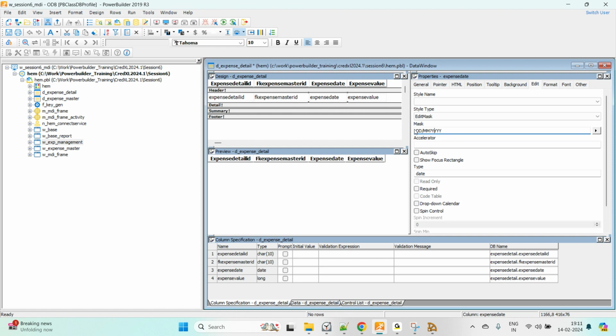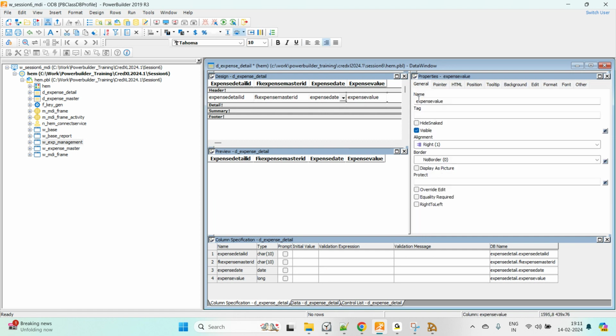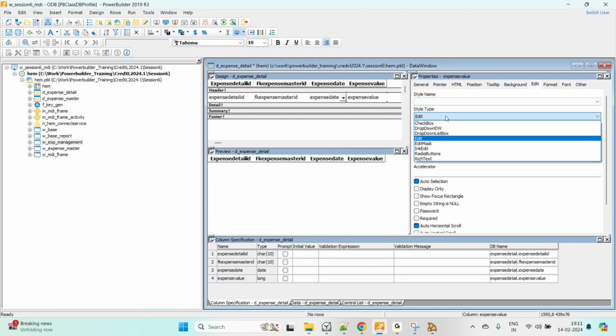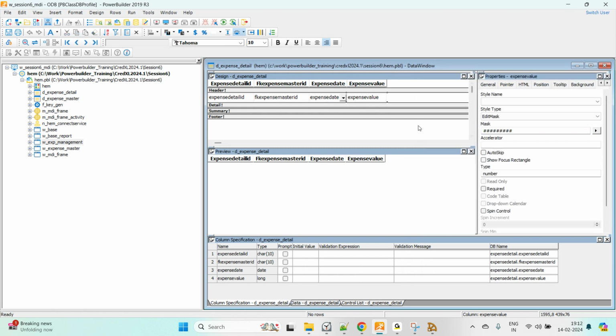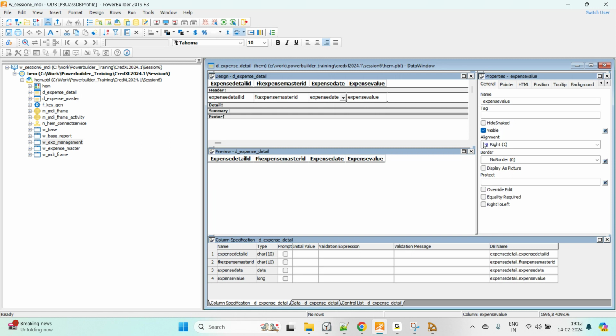1234, and drop down calendar, and it is a value, so it is a numeric value. You can mask, edit mask, and maybe we are not allowed to use decimal points, and it will be right one, will be left, and this will be a, I'll show you,